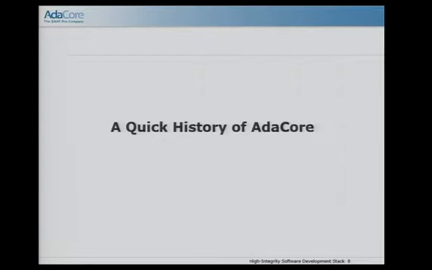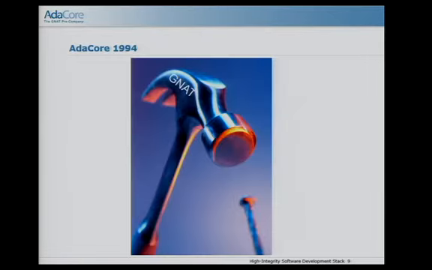So I thought I'd give you a quick history of AdaCore. Some of you know who we are. But this was what the world looked like to us. We had a really nice hammer called GNAT, which is an open source Ada compiler. And if you had a nail that looked even vaguely like a nail, we would let you hammer it with this one product. And that's what we call classically a one-product company. And I think we did okay.